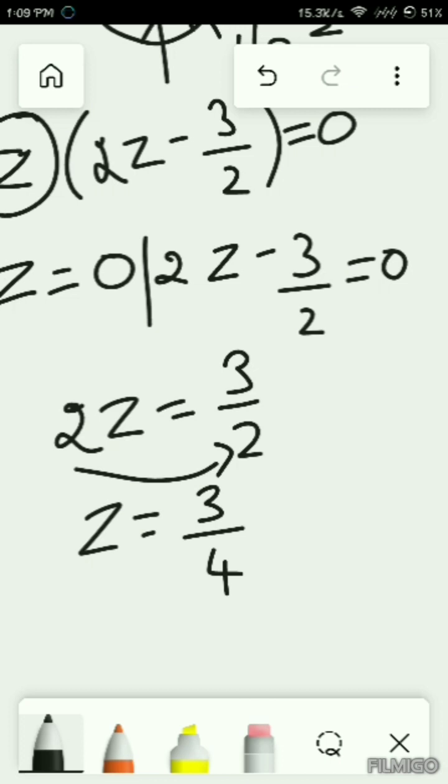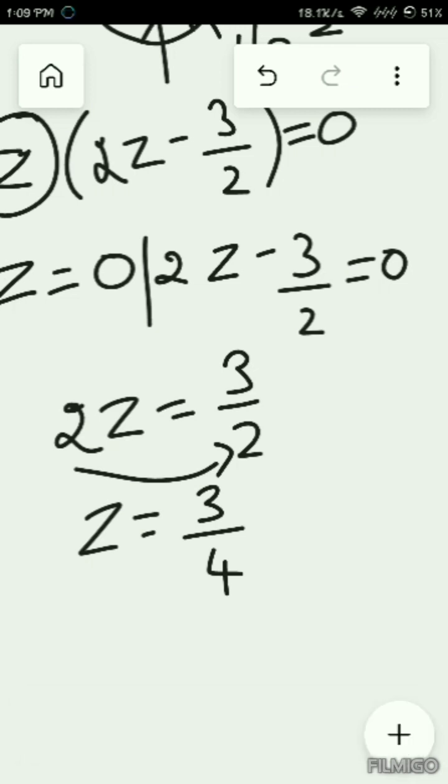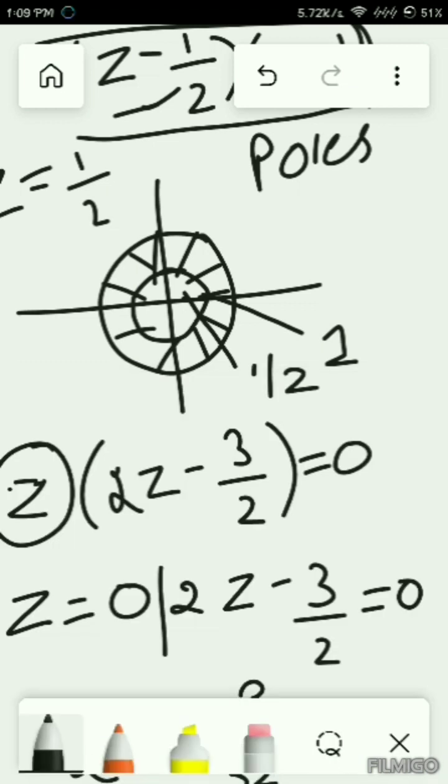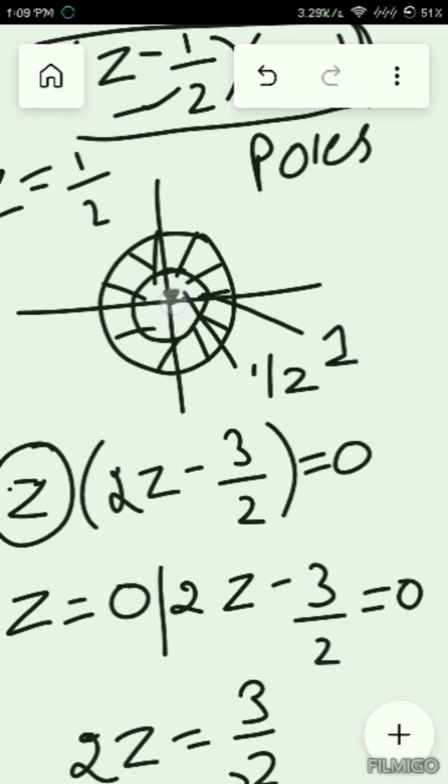So now what I have to do is mark z is equal to 0. This is z is equal to 0. The center point is 0, right? So this is, I'm sorry,